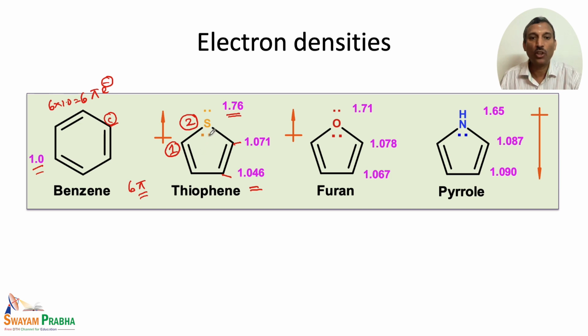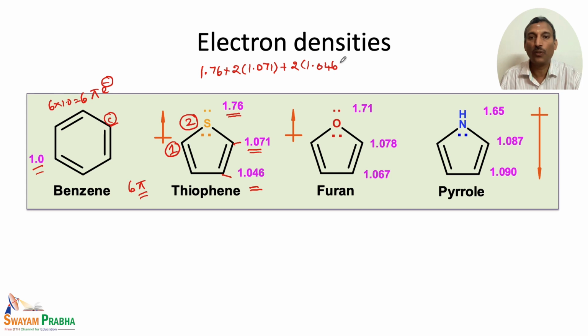Whereas when we talk about thiophene, the sulfur has only 1.76 instead of 2. So we have 1.76, and there are 2 carbon atoms which have the electron density 1.071. So we have to multiply 2 into 1.071. Then again 2 carbons which have electron density more than 1, that is 1.06. So we again have 2 into